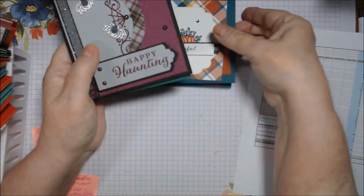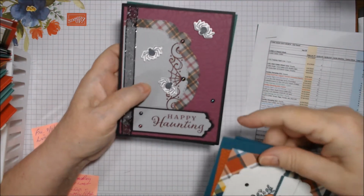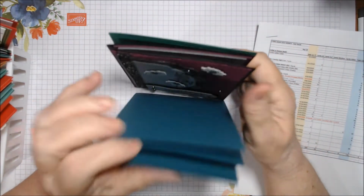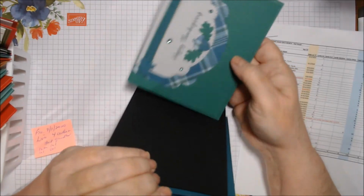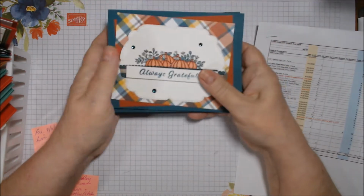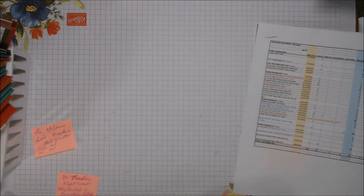The Celebration Tidings and the coordinating Celebration dies. It's Thanksgiving. Actually, we didn't do Christmas. Well, we did do one Christmas, right? No, we did Thanksgiving, fall, or Halloween, and I guess this is Thanksgiving too, but I think it has Christmas as well. Anyway, that is those. And then